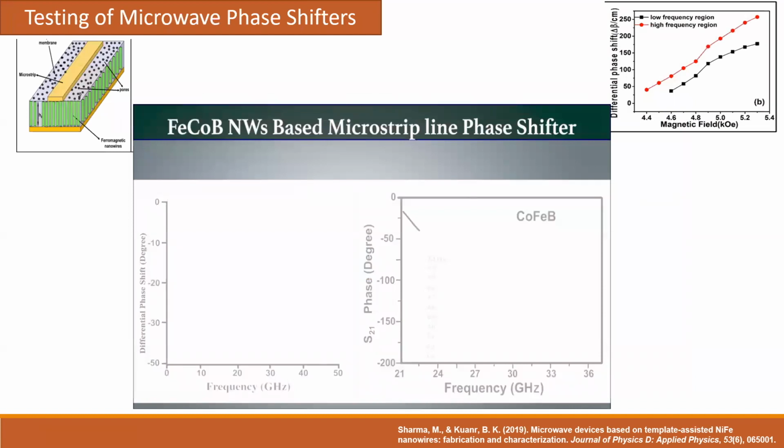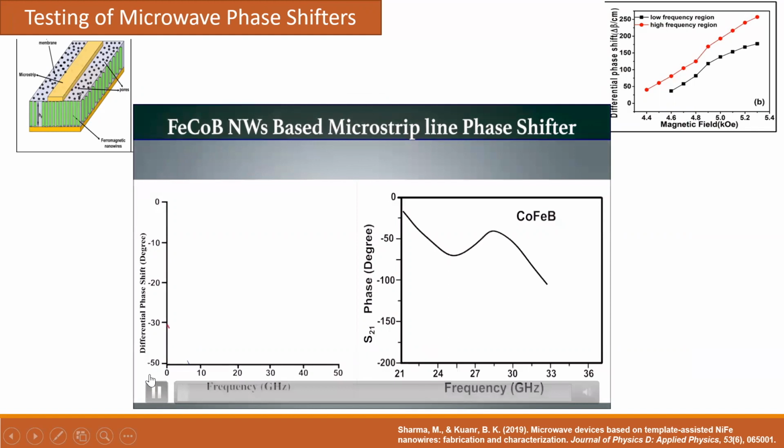The same thing that is for the band stop filter can be applied if we measure the phase of that specific material. So this shows again the phase shifter device, and if you see here,